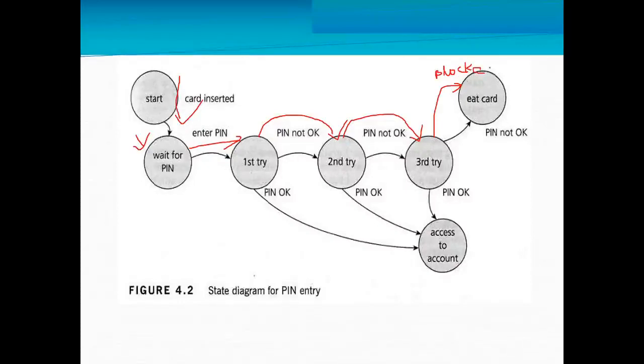So here it is changing the state. See, based on the input, so what type of input you are providing, based on that input the system behavior will change here. Now if you give here valid input, then it is going to change the system state, that is access to account. It is going to take you to the access to your account. Now for second time also, if you give correct pin, then also it is going to give you access to your account, and third time also if you give your correct input, it is going to give access to your account. So this is how based on the input it is changing the states of the system, behavior of the system.